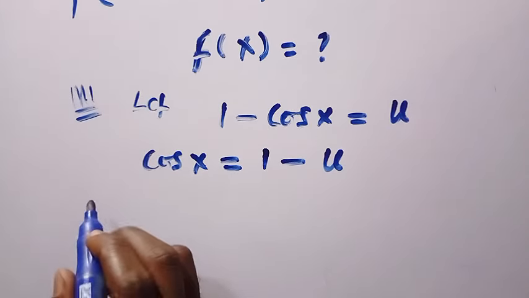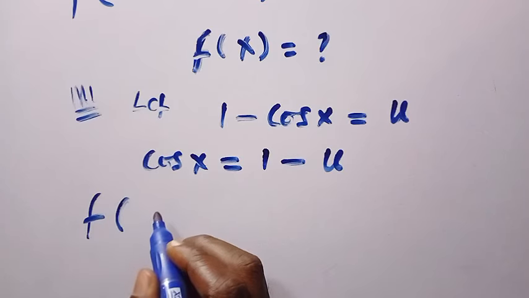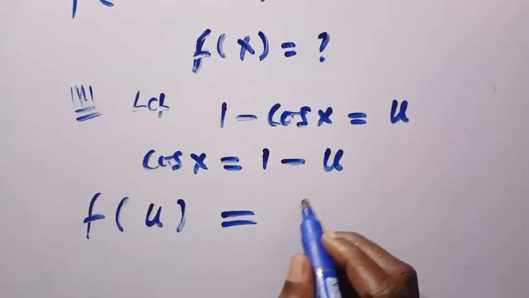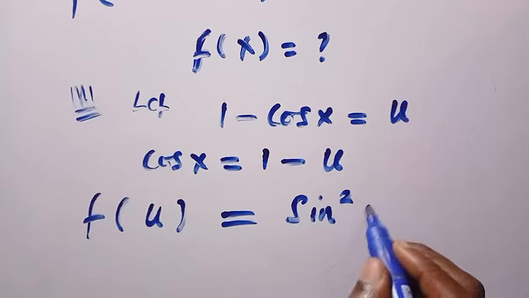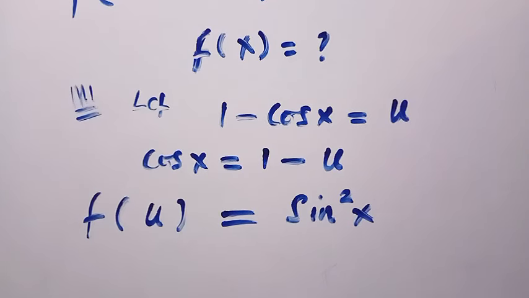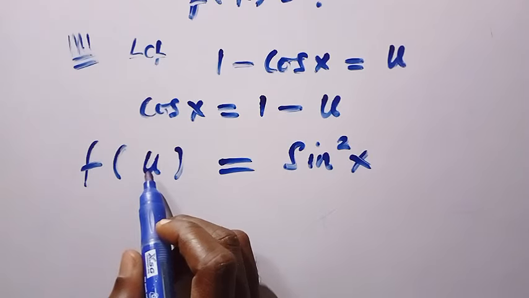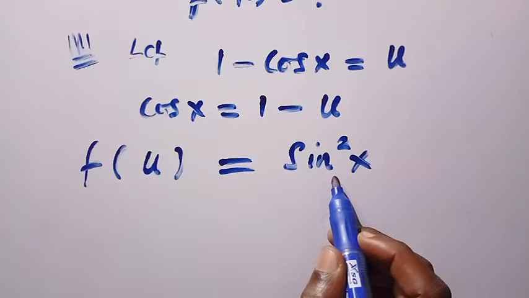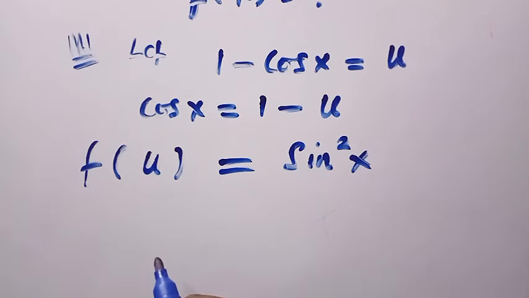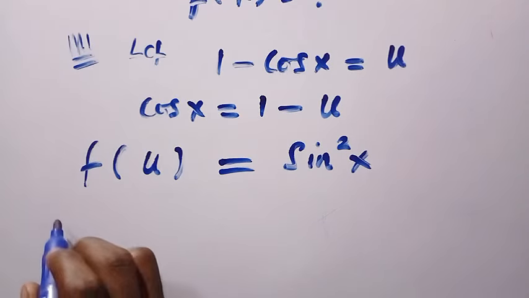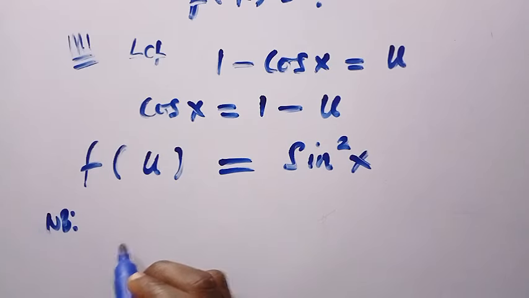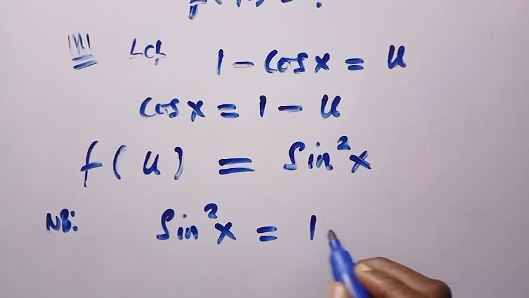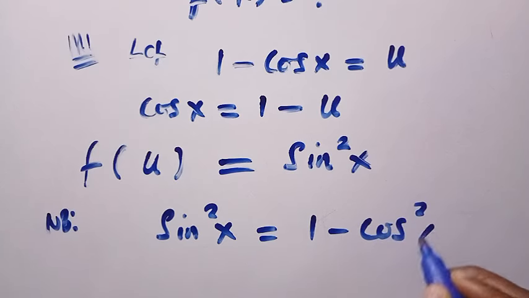So when we replace it, instead of 1 minus cos x, we have f of u equals sine squared x. But the domain here is given as u and here is x. Let's try and express this in terms of u. We are going to recall an identity: sine squared x equals 1 minus cos squared x,